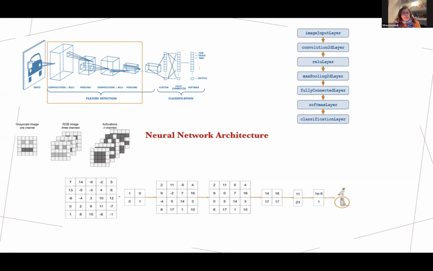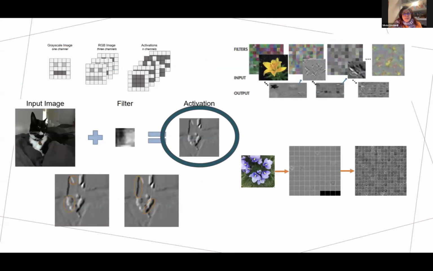When we have measured the principal probabilities, that will be the class in which we classify our input. Go on, please.